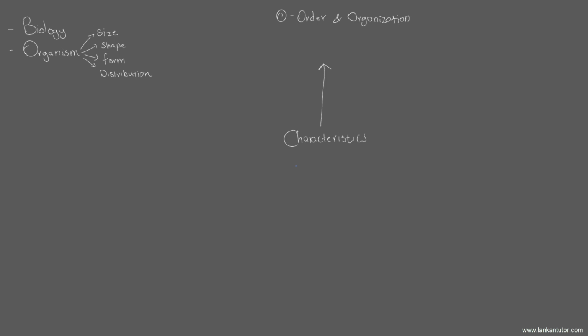Let's start with the cell. But what we need to realize is that before the cell, there are several other things. For example, organelles. Now, organelles are parts of cells which have definite functions, like the mitochondria, the ribosomes, or the nuclei. But what are organelles made up of? They're made up of molecules which are again made out of atoms. Sure, you can break down atoms into subatomic particles, electrons, protons, neutrons, and again into quarks. But you wouldn't have to go that deep in biology, so we'll leave it at molecules.